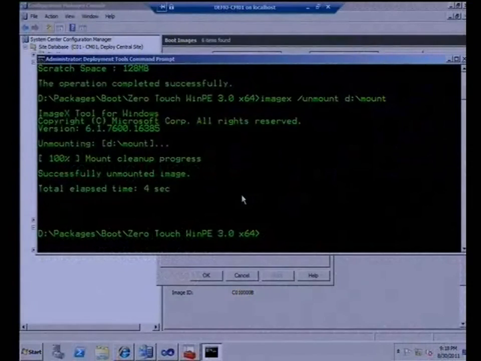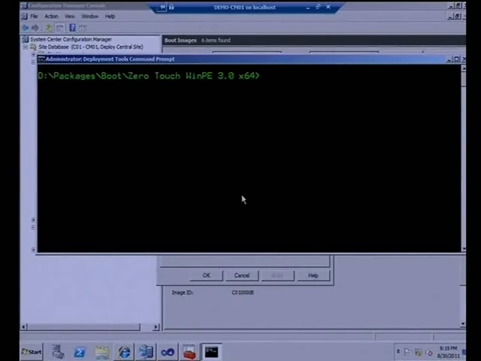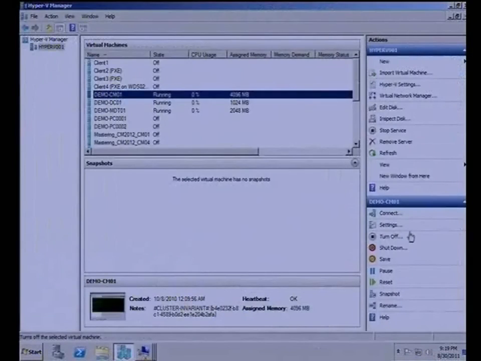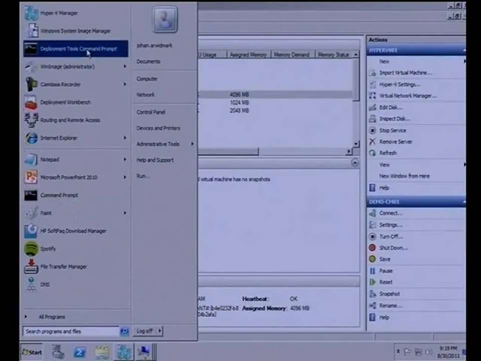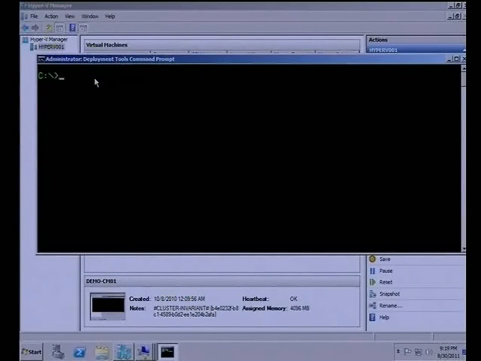I will do a few things. I will start by creating myself a custom image that I want to have. So I will create a 64-bit boot image. I will start the deployment tools command prompt. The only difference between this command prompt and a normal command prompt is that it sets the path where it has its utilities, so it can find them. So I will run copype, the architecture, and a folder